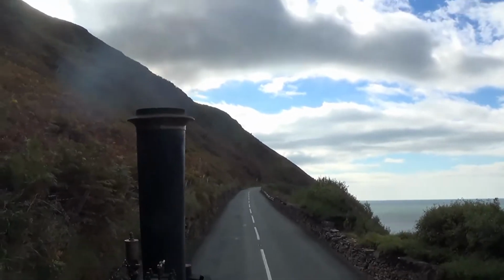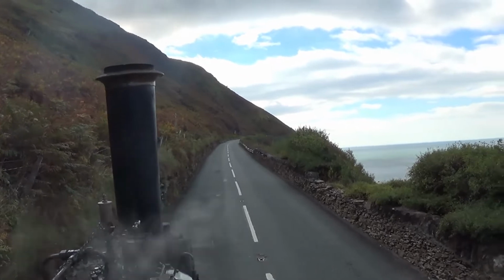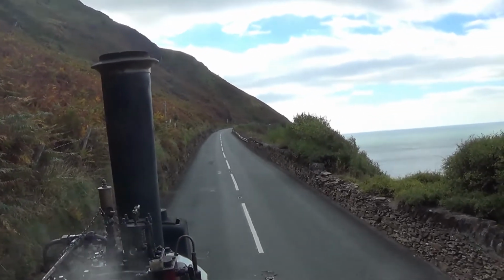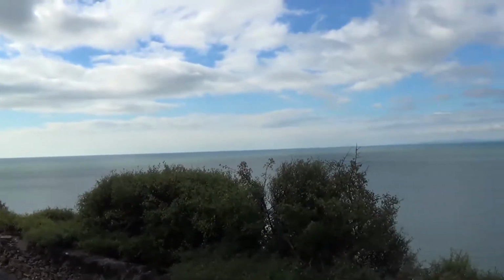Well, we're halfway there now. We've just stopped to check everything's okay. It's very hard to film when you're actually steering. Here we are going up the very tight road. We've just gone up the steepest bit, and if I pan round,